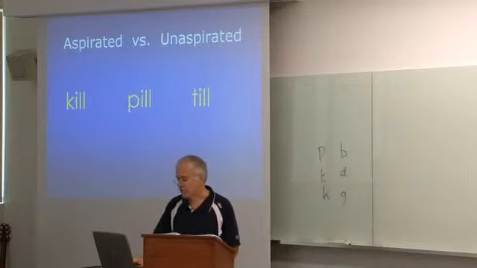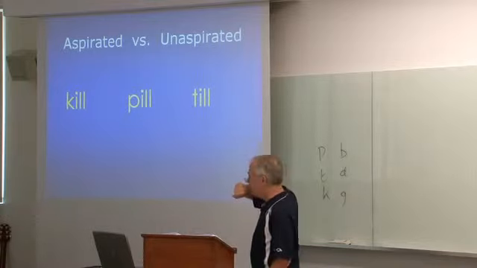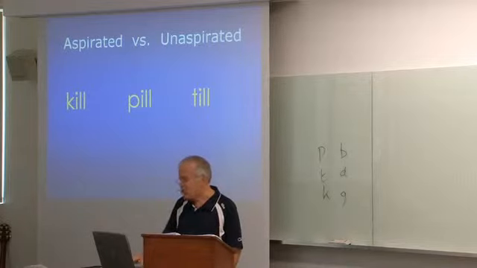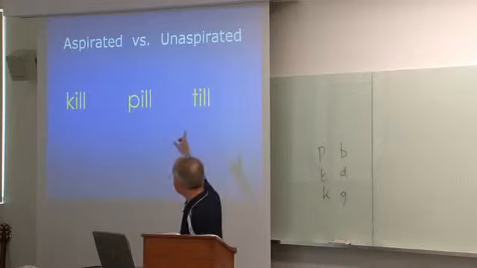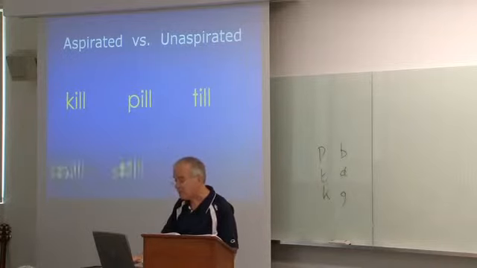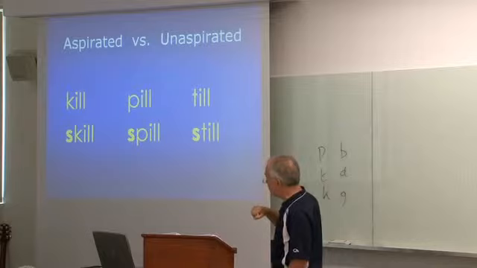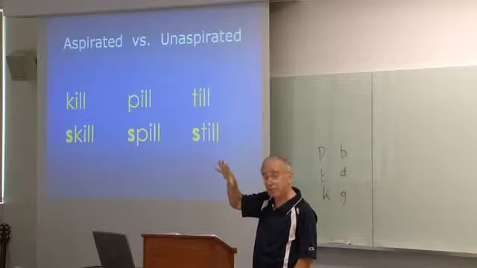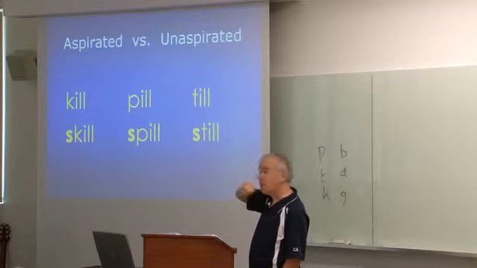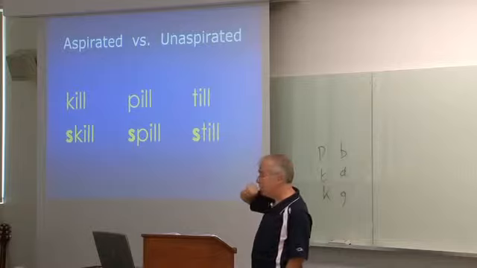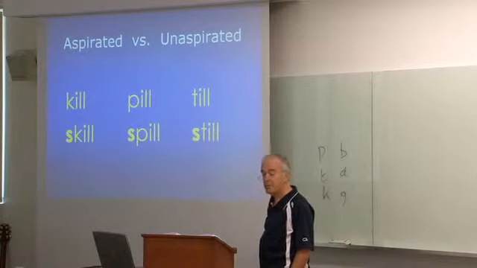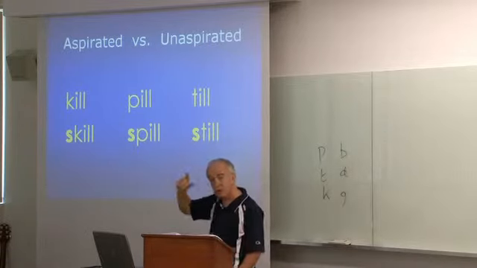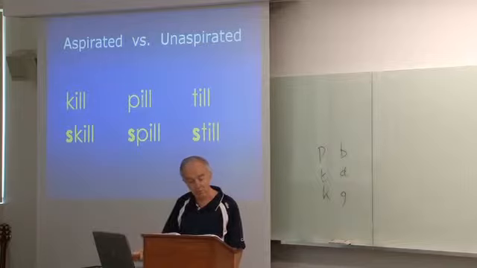Now, in English, we have the aspirated: kill, pill, till. And there's only one situation in English where we have the unaspirated and unvoiced, and that's when it follows an S. Skill, spill. You go kill and then spill, and there's no air coming out. Pill, spill, no air coming out. Till, still, no air coming out. And so we have to learn to make an unaspirated, unvoiced sound if it's in your language.